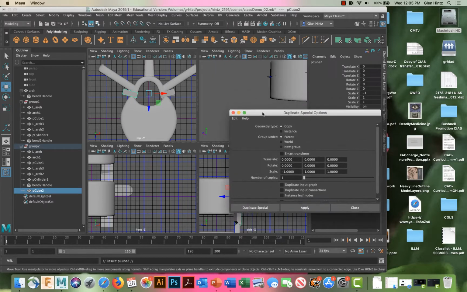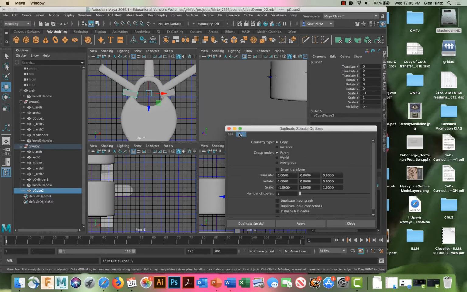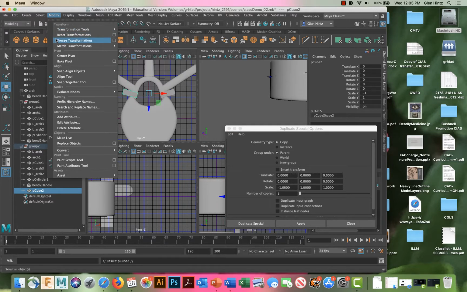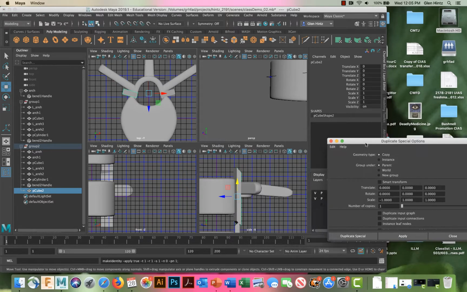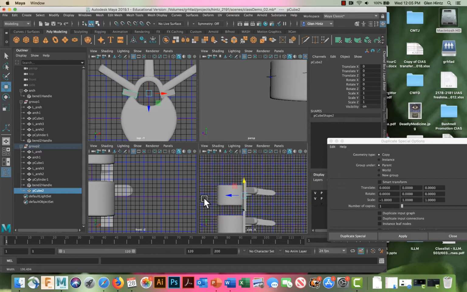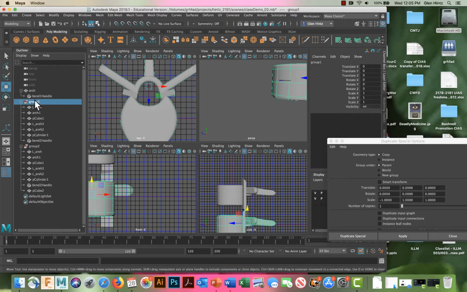See, so once we reset this, now you can actually, with this new one selected, this duplicate selected, also say freeze transformations on it, because watch what happens. We lose that -1 scale. You don't want that -1 scale to stay active, because it will eventually cause problems when you try to do things. So now I've got the top ones done. Actually, group 2 is now better than group 1, so I'll just delete group 1,